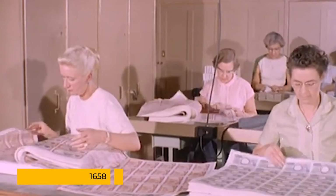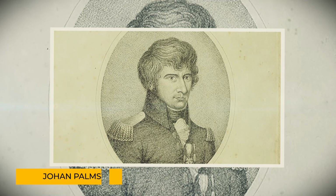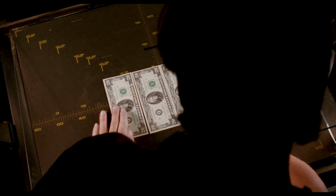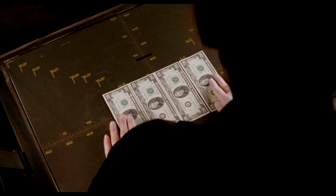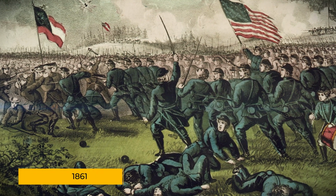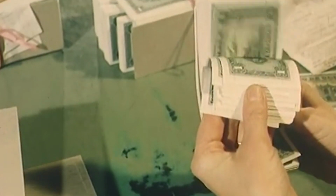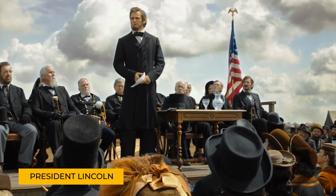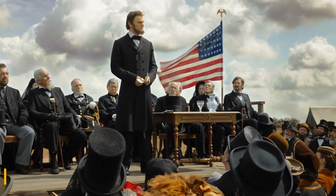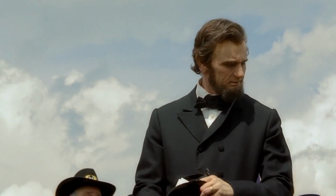It wasn't until 1658 when Johan Palmstruch, a savvy Swedish financier, brought paper money back into the game for the Swedish State Bank. Fast forward to the United States in 1861. Faced with the need for a reliable and consistent currency, Congress gave the green light to print paper money. President Lincoln, always ahead of his time, established the Secret Service in 1865, not to protect him, but to hunt